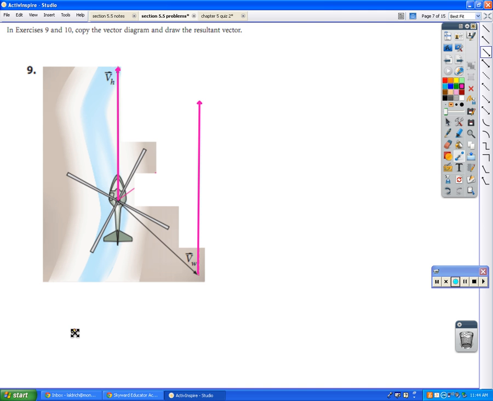And then I take this vector right there and copy it onto that one right there. Okay, good enough for government work. Then the way I find where the helicopter will end up going is by drawing the diagonal of that parallelogram, okay? And so this is what's called the resultant